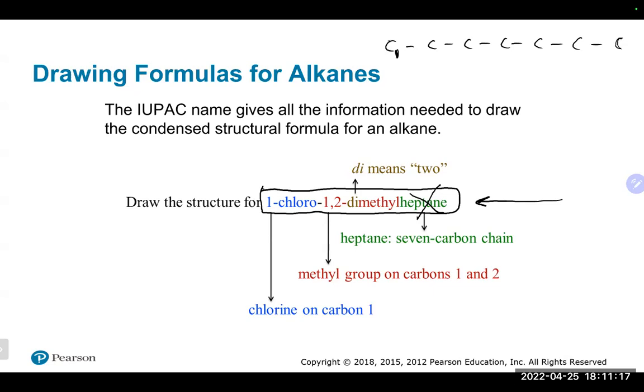And if that is carbon number 1, that means there should be a methyl group hanging off of that. And there's also another methyl group at carbon number 2, which should be right next door, hanging off of that. And that takes care of my dimethyl at the proper locations for it. Now what's left is 1-chloro, which means at carbon number 1, there should be a Cl. And I will go this way with it, Cl. That takes care of that.